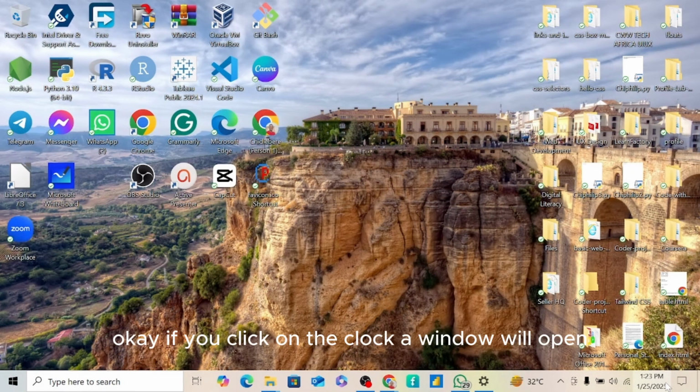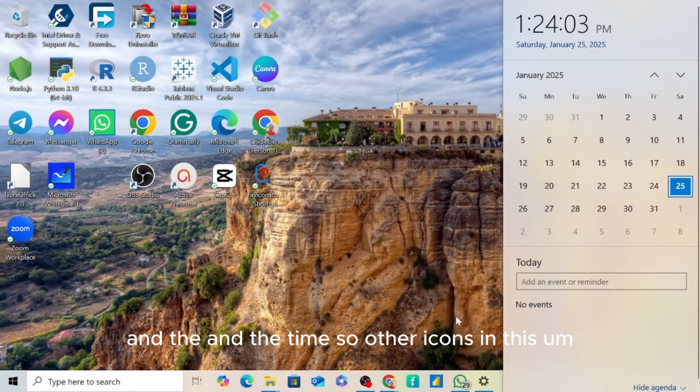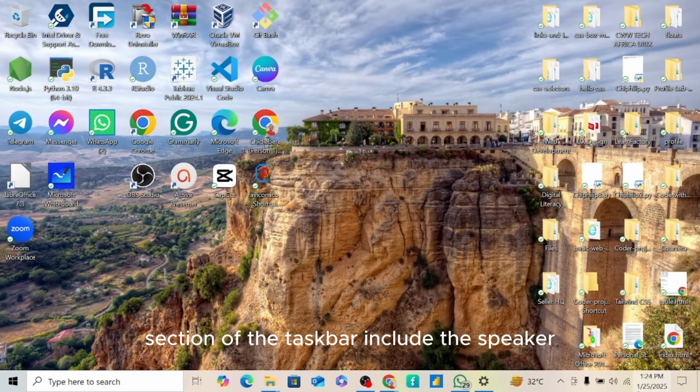If you click on the clock, a window will open. Let's click on it. A window will open to show you the calendar for the current month, and the time. Other icons in this section of the taskbar include